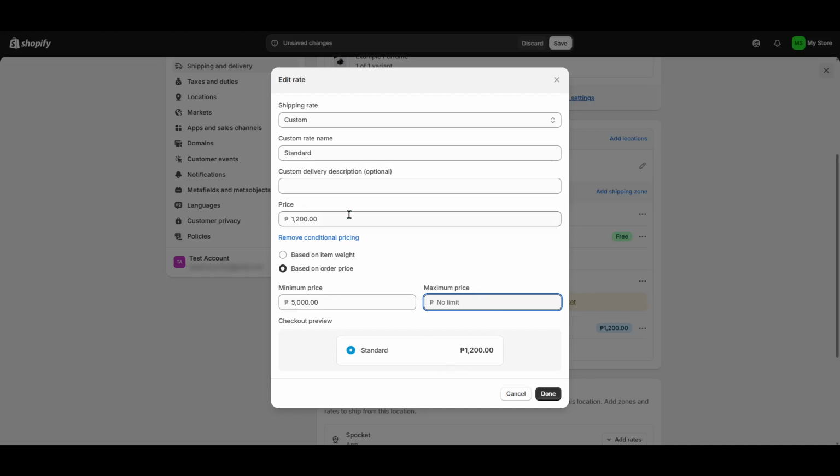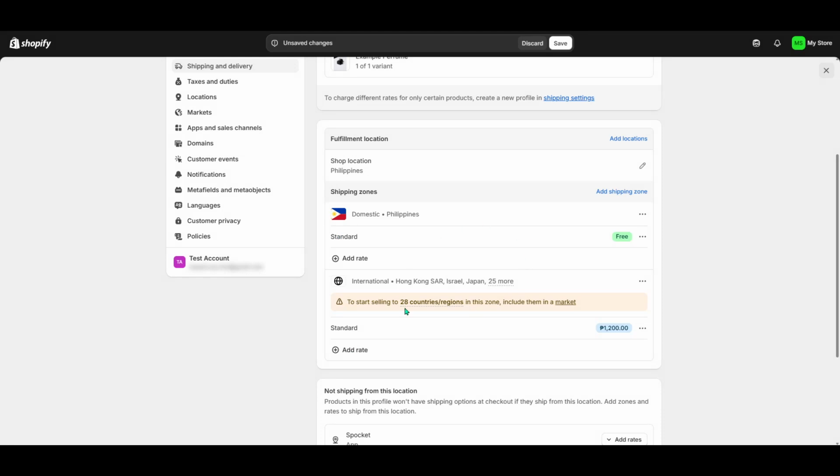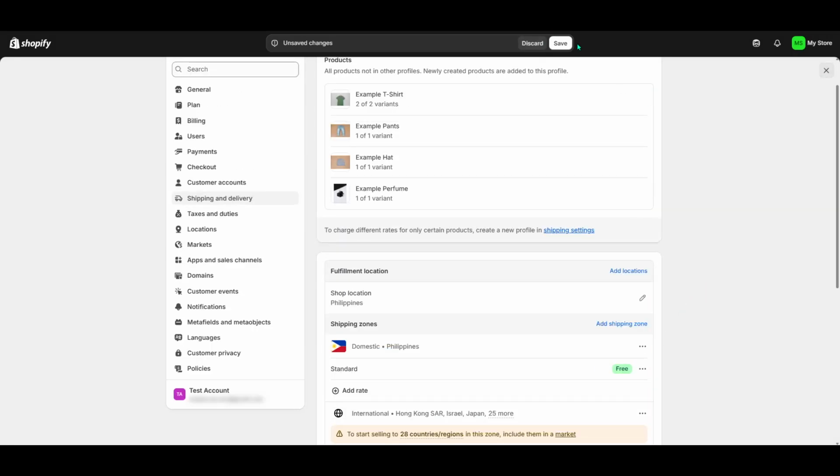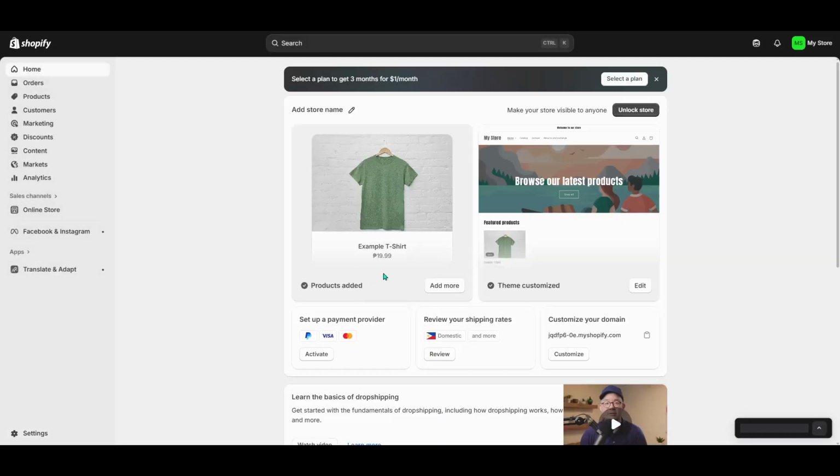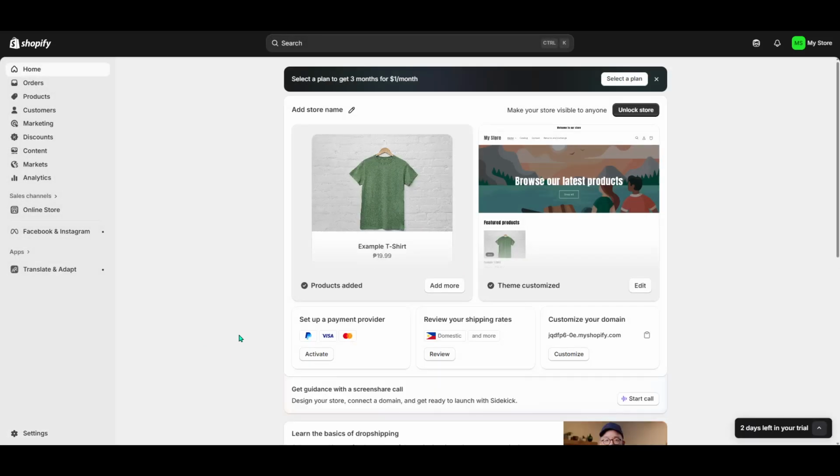Once you are satisfied with your changes, be it adjusting zones, modifying rates, or both, ensure to click the Save button. This simple yet crucial step will apply all of your changes to the shipping settings, ensuring your online store functions smoothly and efficiently. And there you have it. With just a few clicks, you've set up your Shopify shipping and delivery options, optimizing your store's ability to cater to your customers from